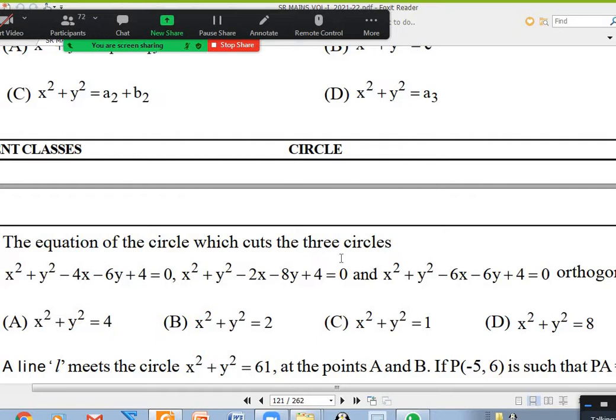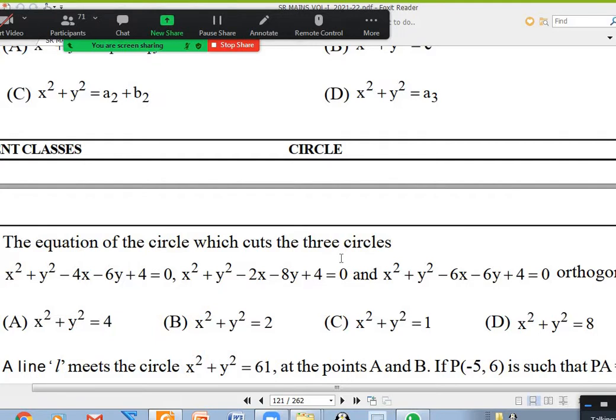But here we can tell very easily option A is the answer. You know why? In all the options, there is no g term, there is no f term. x terms and y terms are not there. Correct? So 2gg' is 0, 2ff' is 0, meaning c + c' is 0. In the question, for all the 3 circles, what is the constant? 4. Plus 4. So for our circle, if the constant is -4, c + c' also will be 0. That's why option A straight away. So what you have to notice is the constants are the same. That's why you can tell just like that.